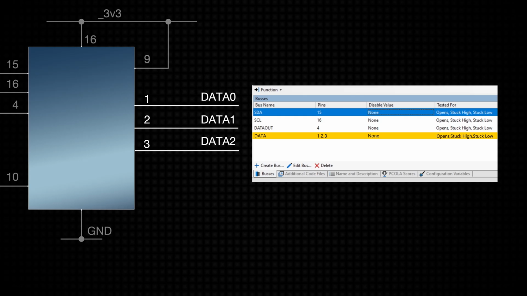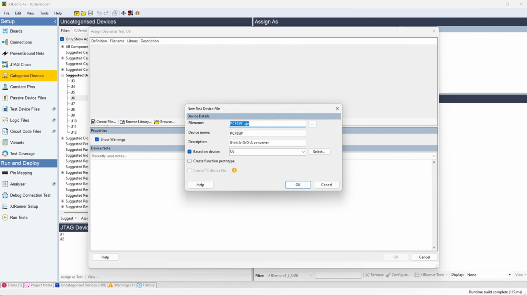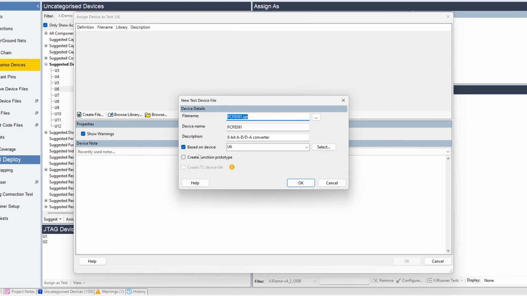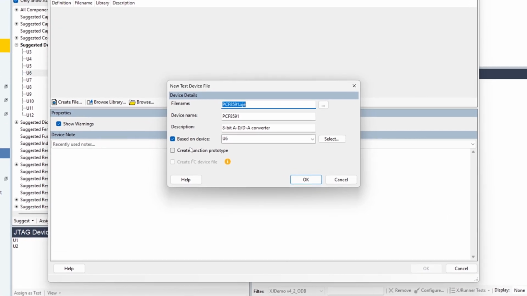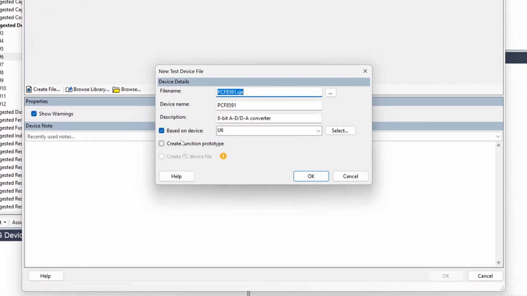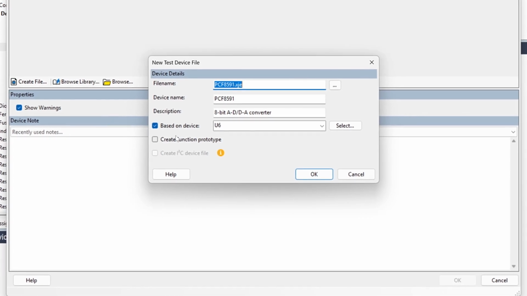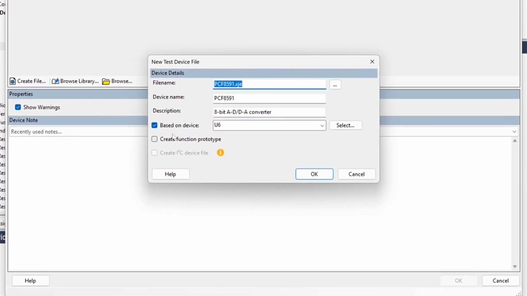For example, pins named Data 2, Data 1, and Data 0 will be placed into one bus called Data. It'll put the pins in the correct order as well, setting Data 0 as the least significant bit. The names it's given them can be viewed and edited later, so you can always change them afterwards if needed. If your netlist doesn't have meaningful net names for that device, or you only want to define a small number of pins on a large IC, you might prefer XJDeveloper to create an empty file instead. In that case, remove the tick from the checkbox.